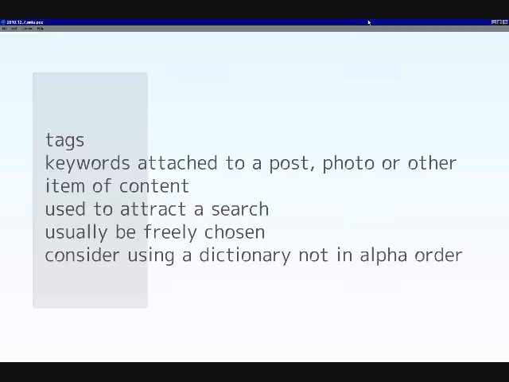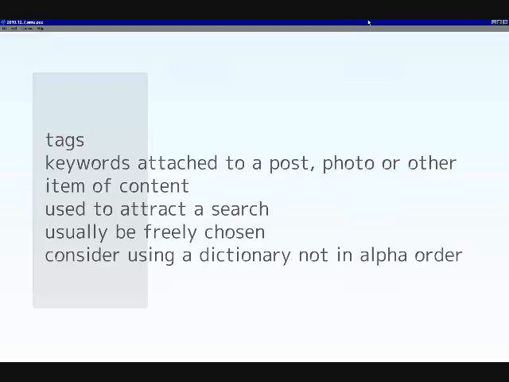You come up with your own. You want to consider what it would be like using a dictionary if it were not in alphabetical order. So when you use tags, what you're really doing is you're helping the people out there in the internet world identify where you are in the dictionary by